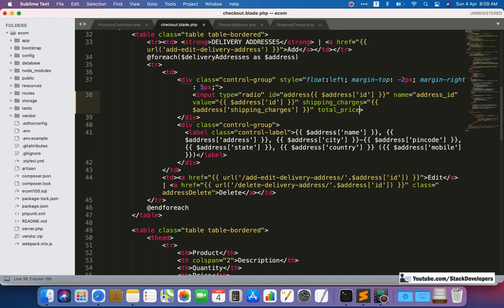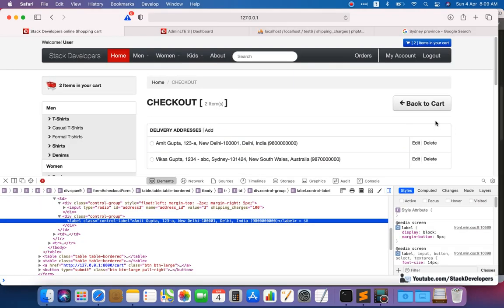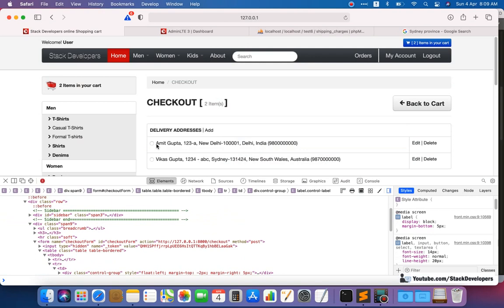And now we are getting it from the function. Here we will keep total price, and, sorry, we need to put it in braces. Now we are going to check whether we are able to get it or not.